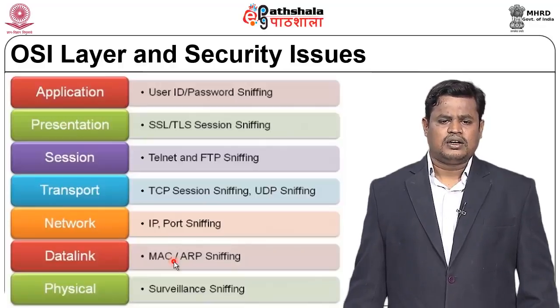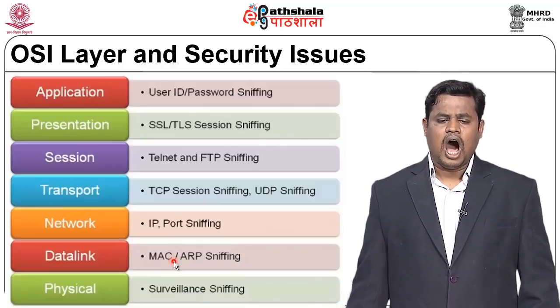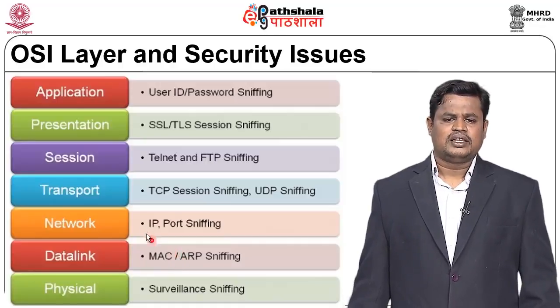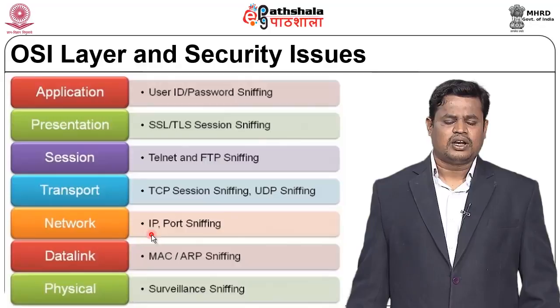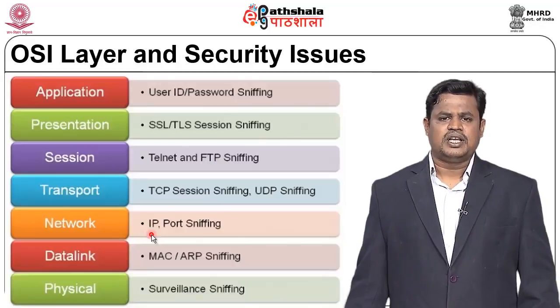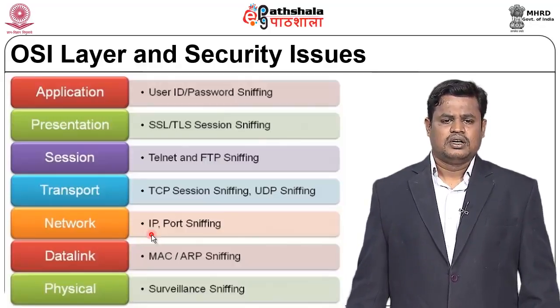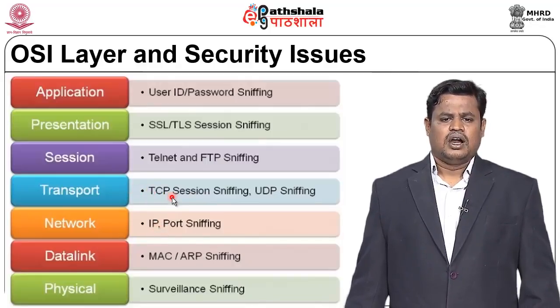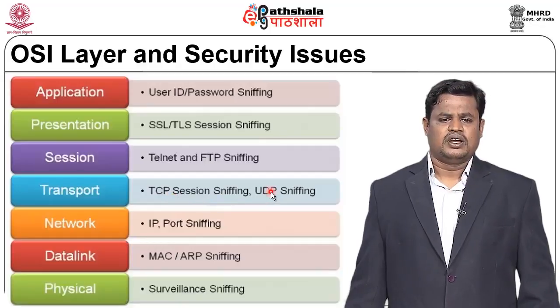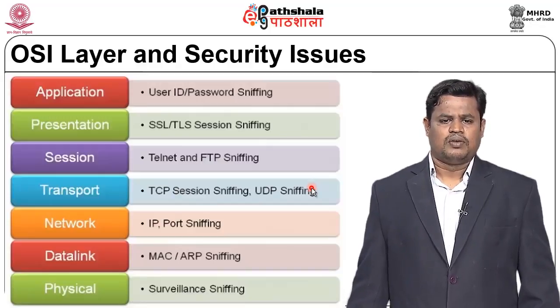It is burnt into the network device. So the MAC address or the ARP information can be sniffed at your data link layer, and at the network layer there is a chance of knowing your IP address without you telling anything. They can gather your IP address information from the packets they capture, and also port sniffing happens in the transport layer, with TCP session sniffing and UDP sniffing, the two important protocols of your transport layer: the Transmission Control Protocol and the User Datagram Protocol, where